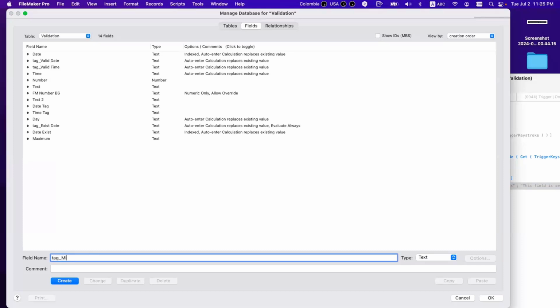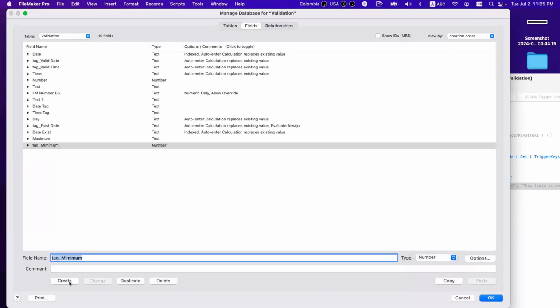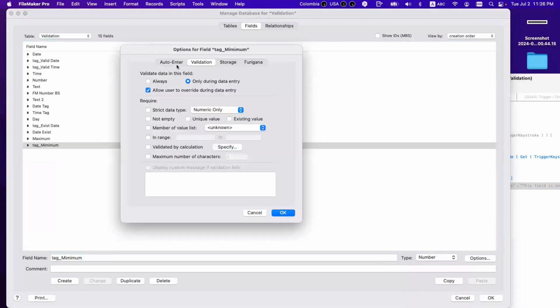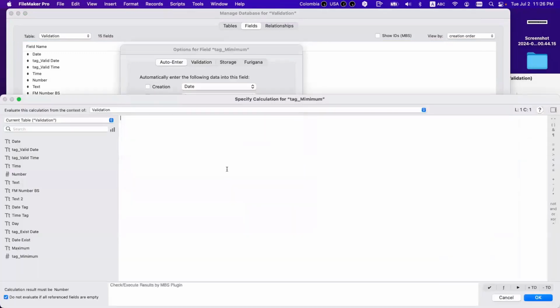Minimum. So what is this tag? A tag is something that says yes, no, 1, 0, true, false. Just this, 1, 0.